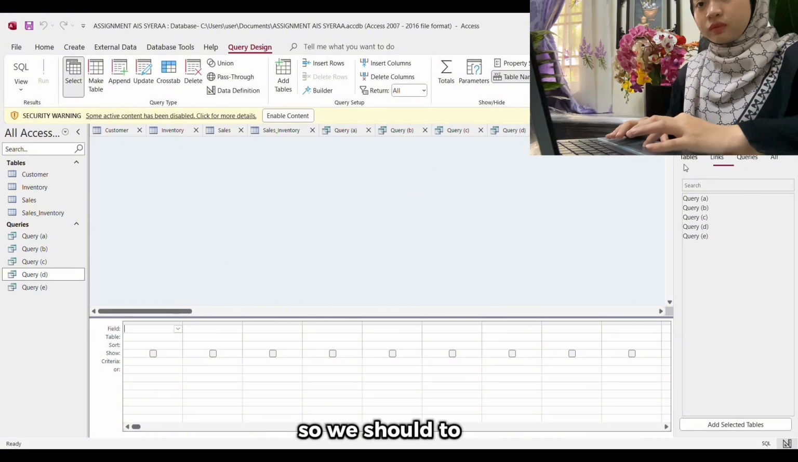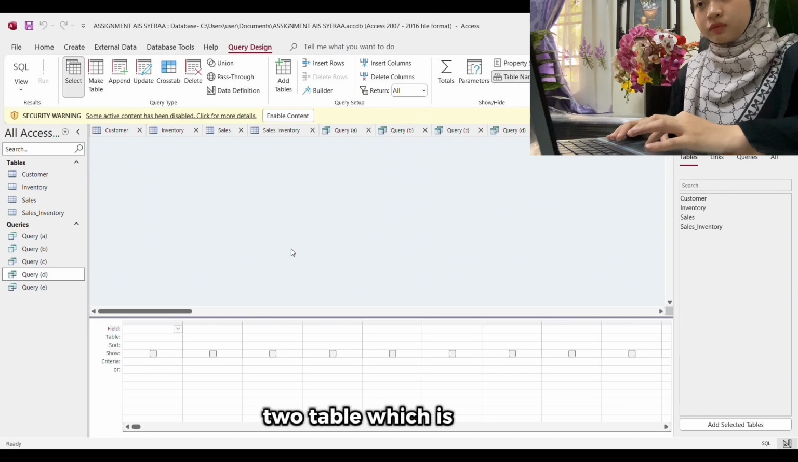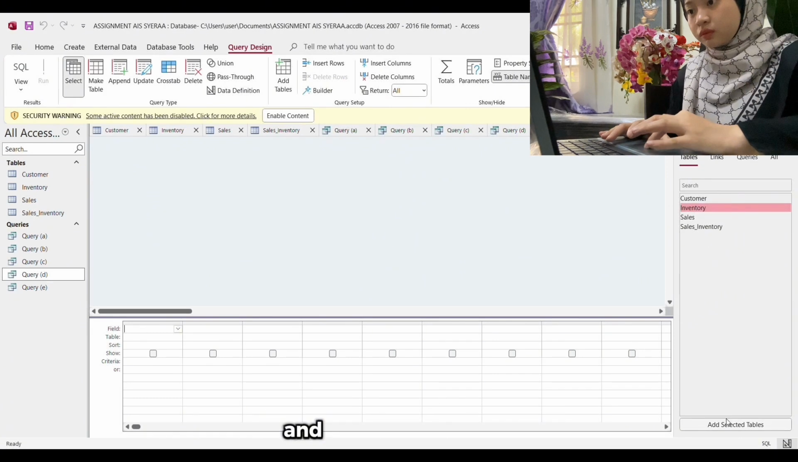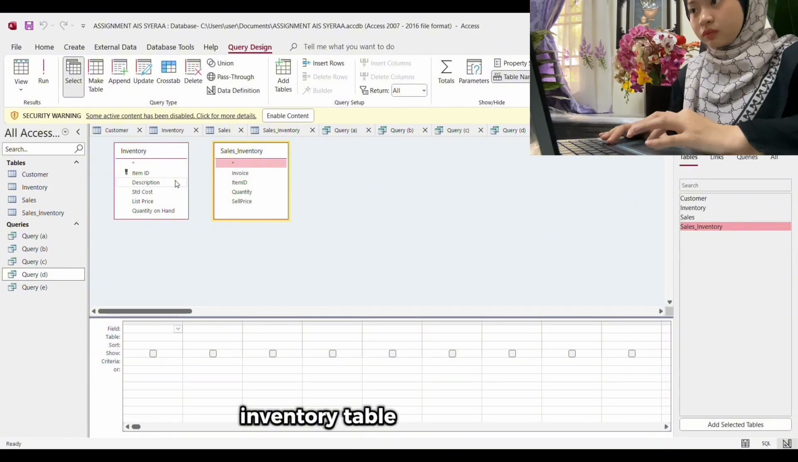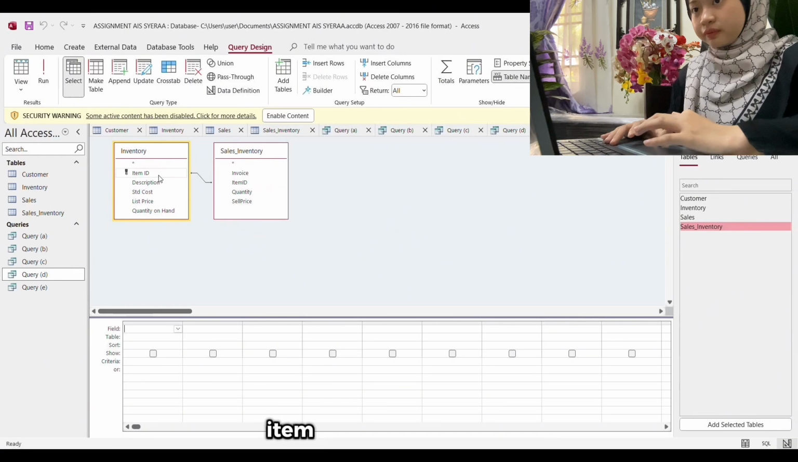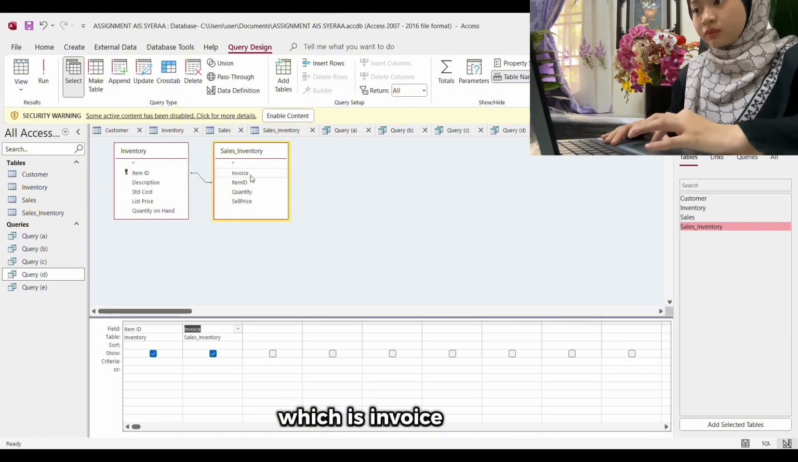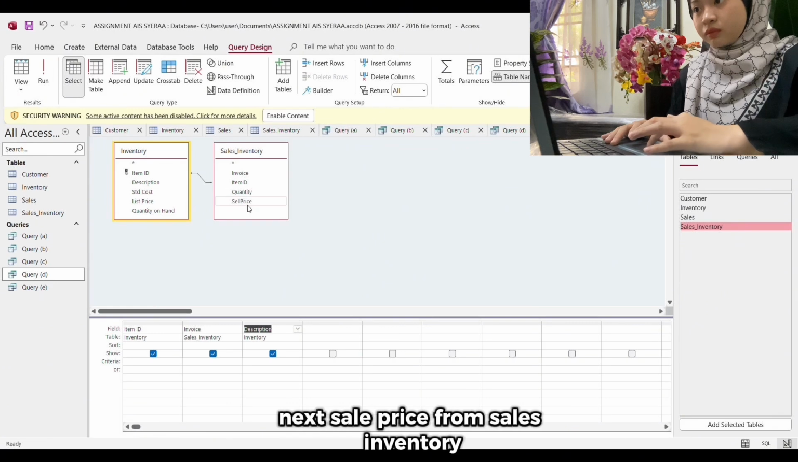So we should select two tables, which are the inventory table and the sales inventory table. For item ID, the inventory table must connect with item ID in sales inventory. For the first column, we should select the item ID from the inventory table. Next, the sales invoice from sales inventory, which is invoice, and then description from inventory. Next, sale price from sales inventory, and then quantity on sales inventory,